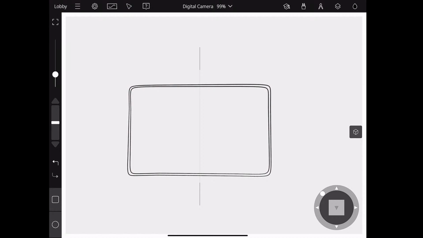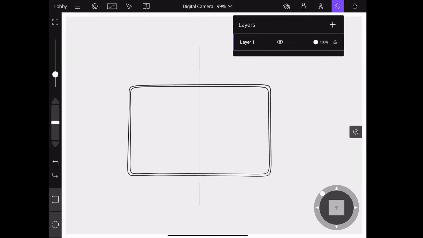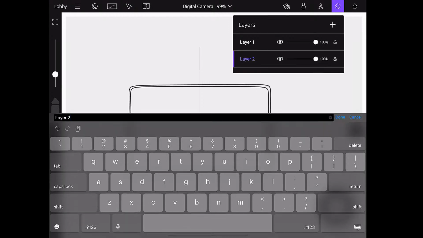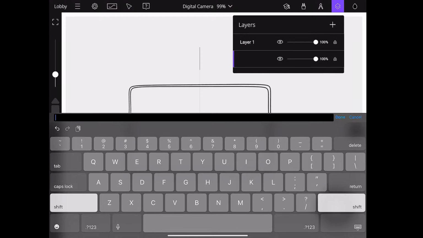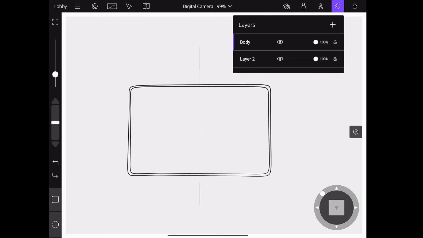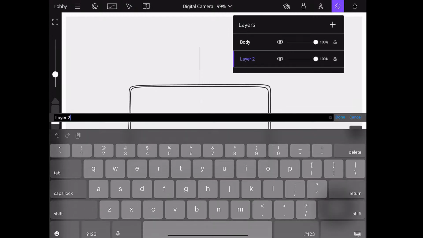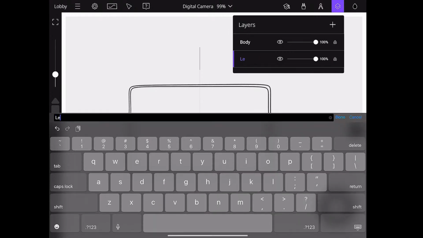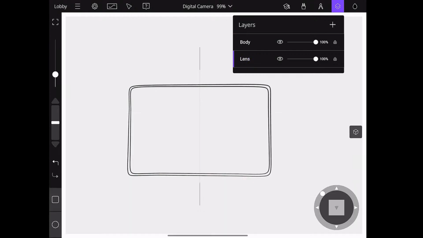So let's get some lens detail going on here. Just for the sake of the demo, we're going to do another layer, and we're going to call it lens. We call this other layer body. I guess I didn't save it. Lens, done. There we go. So on the lens layer,